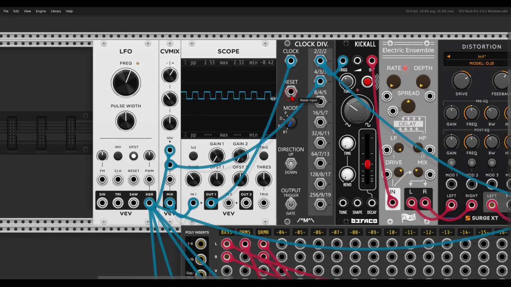Now this will work also with different divisions and will give us different results. So for example, divided by 8. Or if I go again to prime numbers, this will be divided by 3. Or divided by 5. So again, we are feeding back the clock divider into itself with the help of a mixer and creating